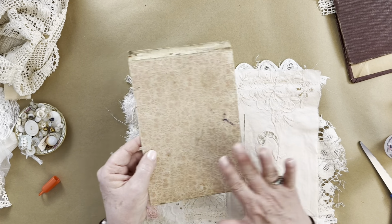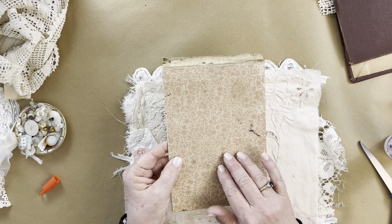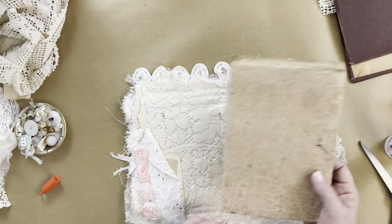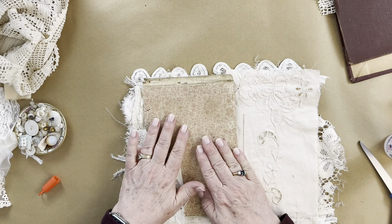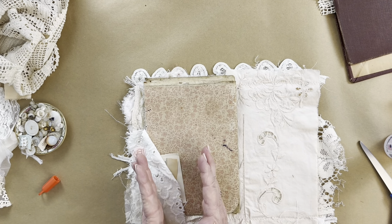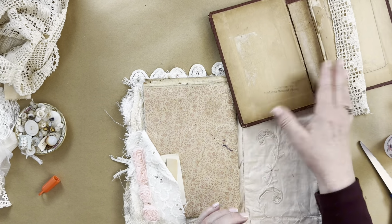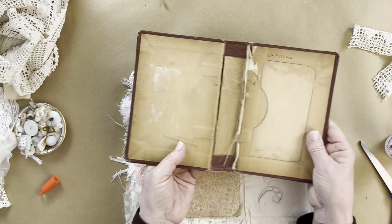And I mean large tags, or not pockets, but we can make something that, yes, we can use, make pockets on it. And then I thought, this needs to be cut down. It could go in here and it'll give some strength to the cover. And I was thinking of using this as the outside cover of a journal, but I may just take it apart,